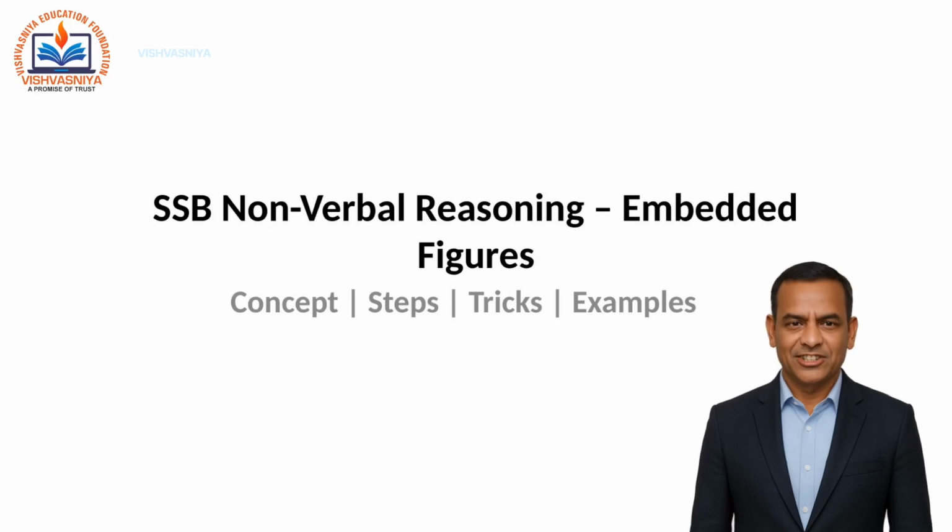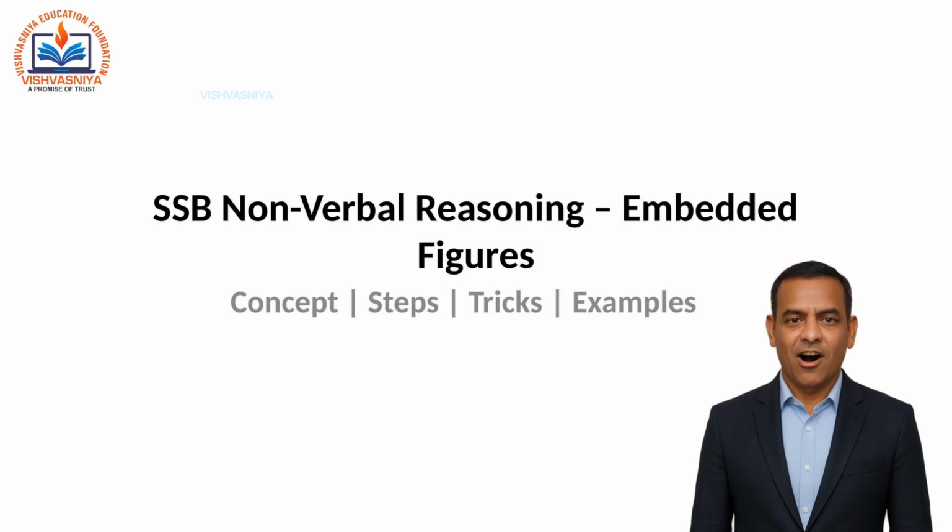Embedded figures questions in SSB Officer Intelligence Rating (OIR) tests measure visual perception, attention to detail, and intelligence. You are shown a simple figure, target figure, and several complex figures, and you must find which complex figure contains the target figure exactly. These questions are very common in SSB Stage 1 OIR tests and typically come in sets